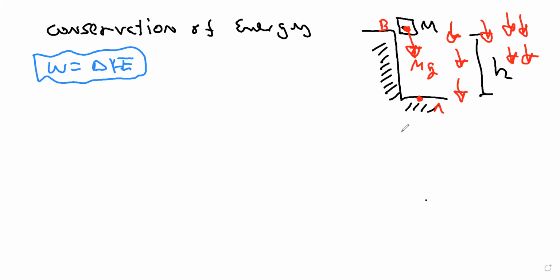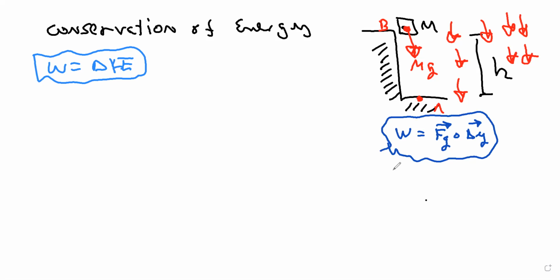So we do have here that the work done is going to be the work done by the gravitational force, and the gravitational force is a vector, dot product with the displacement vector, and the displacement is a vector too. So we have to solve this one right here. And the work done is going to be mg, because that's the force of gravity, times delta y, and times the cosine of 180 degrees,